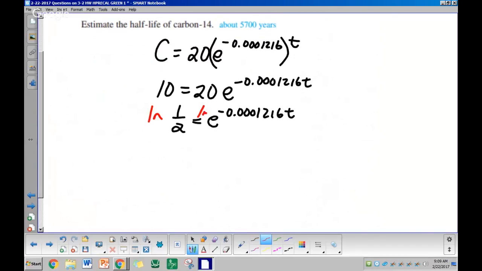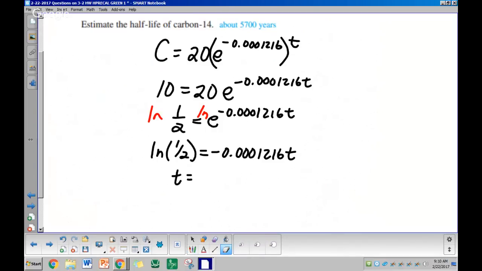Natural log. Natural log of 1/2 equals negative 0.00011216t. So t equals negative, again, natural log of 1/2 divided by negative 0.00011216. So t equals